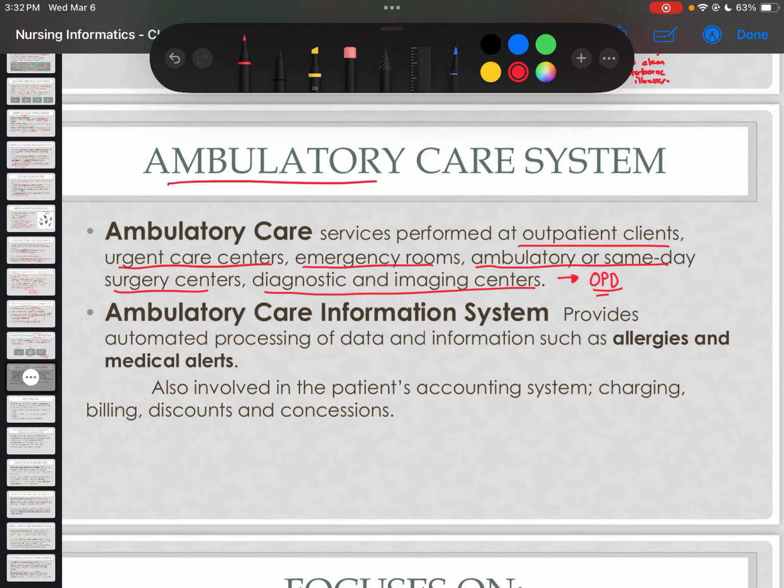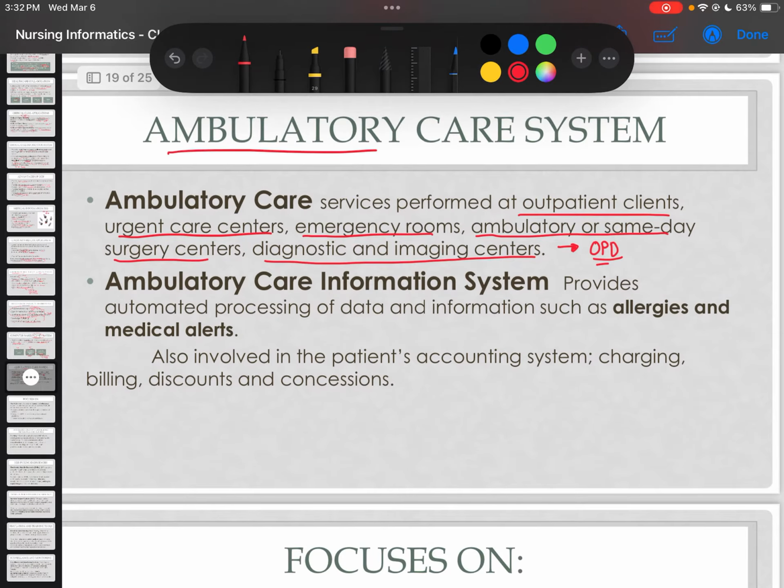Okay? In that vein, class, we also have what we call our ambulatory care information system. This provides automated processing of data and information such as allergies and medical alerts. Class, it is very crucial, class, to know or to automate the processing of data such as allergies and medical alerts, because most often than not, when they enter the OPD, wala tay information about nila. We do not have information about them. So when we have a system that is nationally recognized, okay, for example, in theory, we could have a system that is nationally recognized. Tanan hospital sa Pilipinas gagamit ana